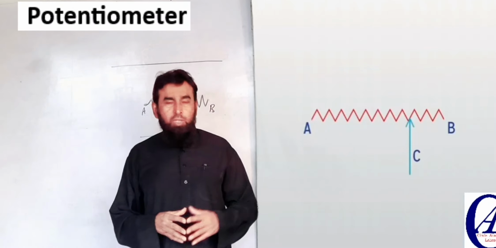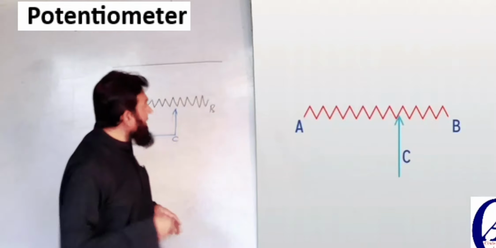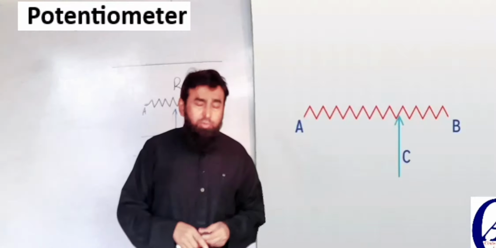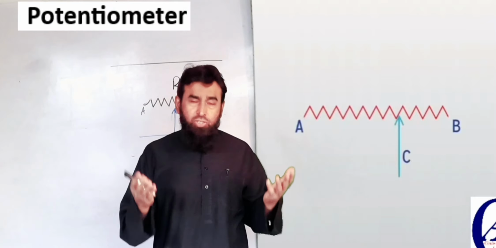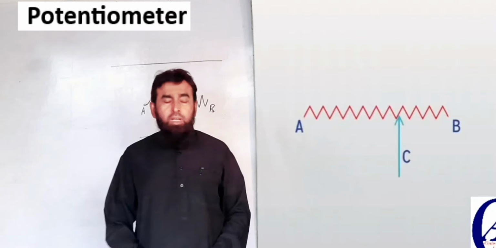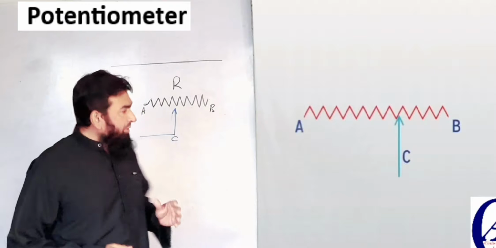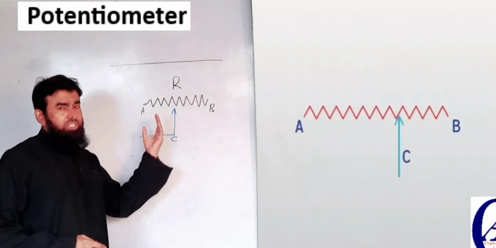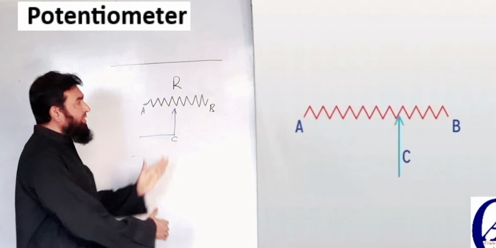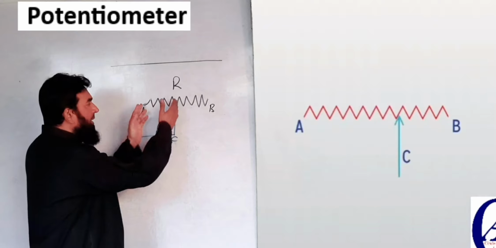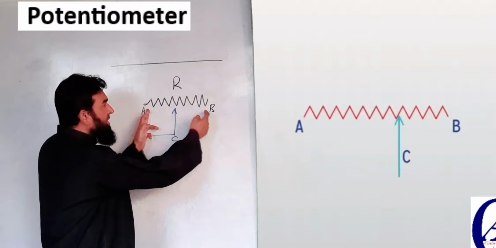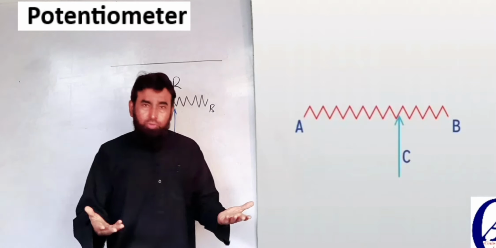That's it. Now, this wire has the resistance R. Say the resistance of this wire is R. You must keep this in your mind, because every conducting wire has its resistance. Now, the question arises: what is the benefit of this sliding terminal? As I told you, it is used to control the resistance of this wire. Sometimes we need only a portion of this wire, then the resistance of a portion of this wire will be used. If we slide this terminal to B, then the resistance of the whole wire can be utilized.